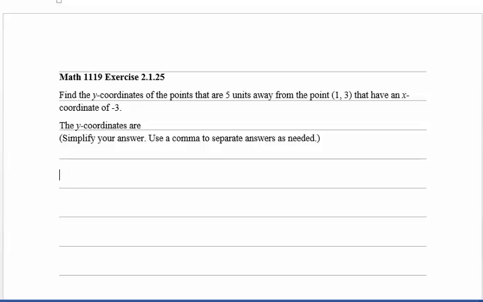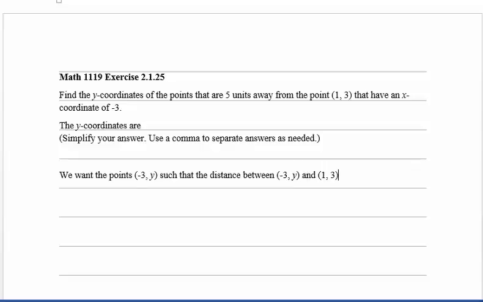Let's take a look at number 25 from the section 2.1 homework. So we want to find the y coordinates of the points that are 5 units away from the point (1, 3) that have an x coordinate of -3. So we want the points of the form (-3, y) such that the distance between (-3, y)